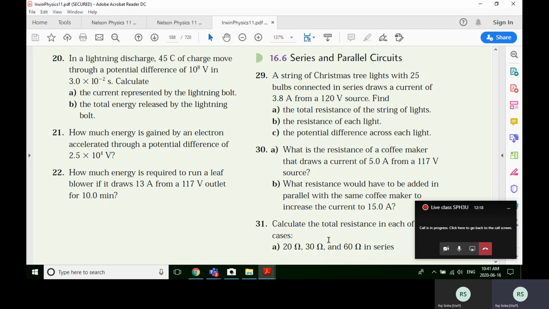By now, you probably realize that a lot of our voltages are around 120, maybe 117 or 121. But again, that's what your outlets are at home. So when you plug something into an electrical plug, the wires coming between the outlet and your device are bringing electrons with 120 volts of potential, and that much energy. So if I look at question 29 here,